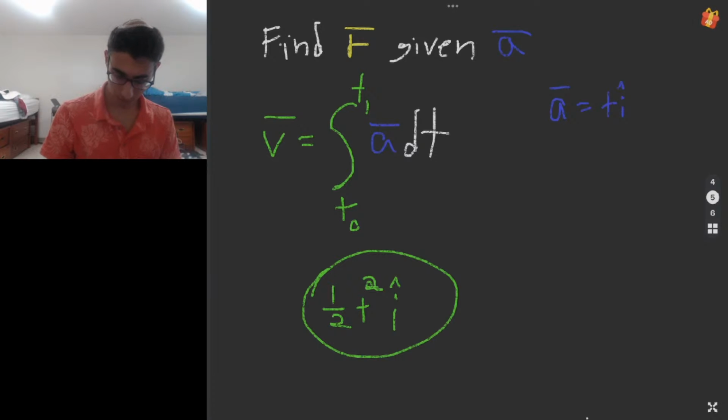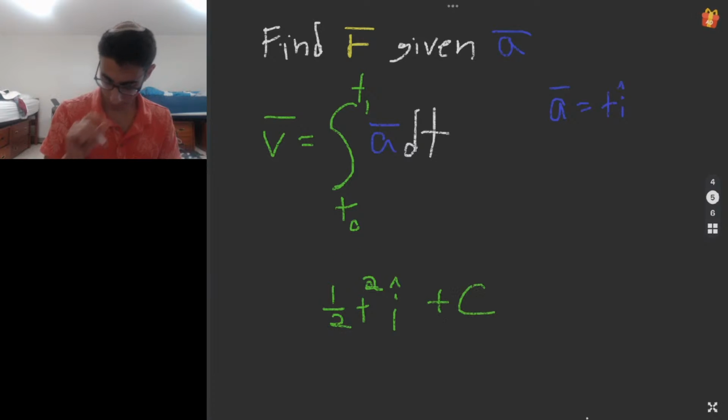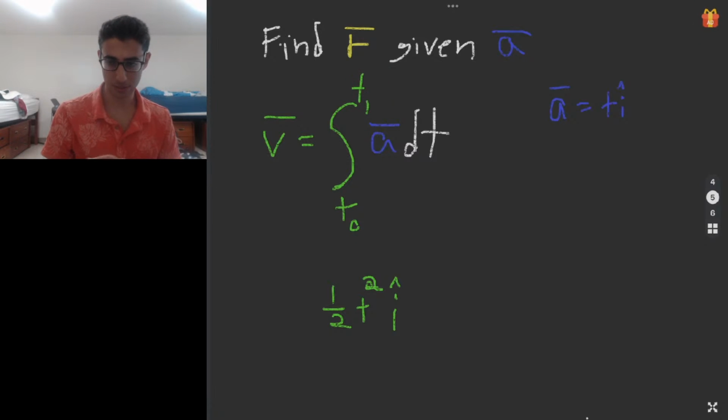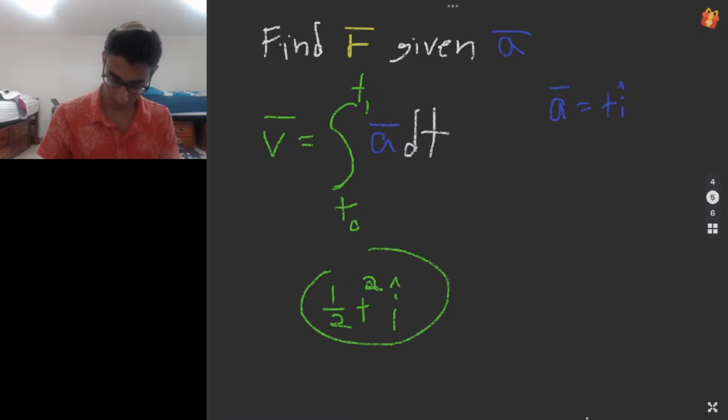But of course there's some constant, right? We forget about the constant. So the way we take care of the constant is we restrict ourselves between these two locations, t sub 0 and t sub 1. And that allows us to get really the change in velocity from t sub 0 to t sub 1. I'm sorry if I'm explaining this terribly, but it's not easy to learn, and it's not easy to teach. So this is the general function plus c. To take care of the c,